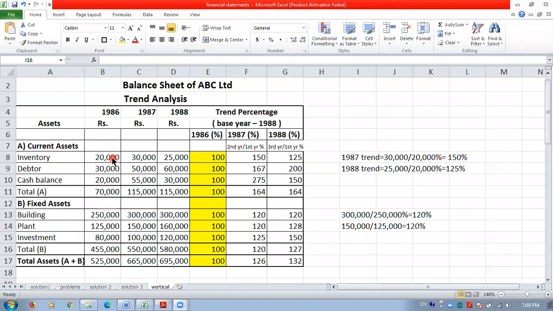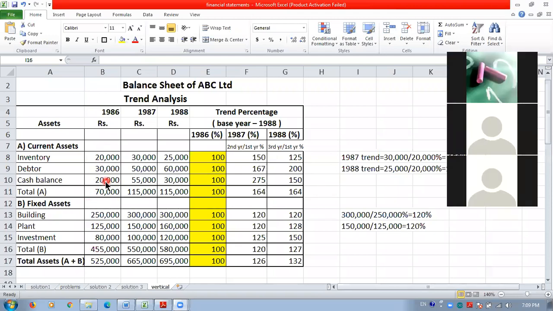So all the time the first year's figures are going to be the denominator and the numerator changes. In case of calculating the second year trend, the numerator is the second year figure, and in case of the third year trend it is the third year figure. It is your numerator, and the denominator is the fixed one, which is the first year's figure. Okay, so you have now understood how trends are calculated and how trend analysis is done in management accounting.